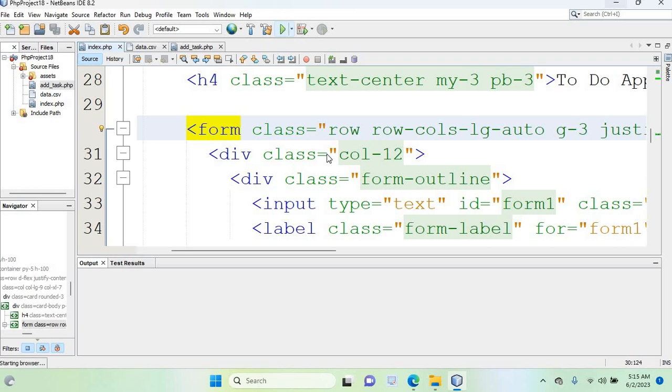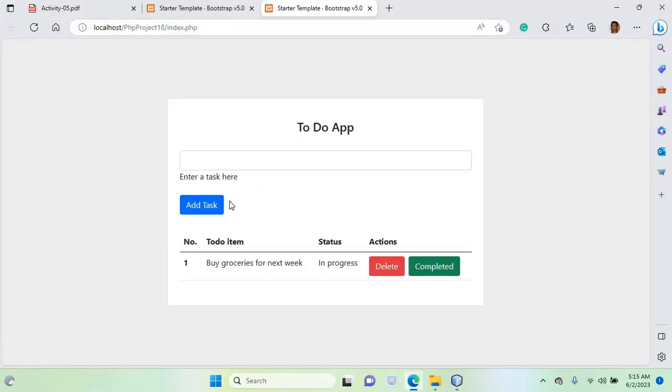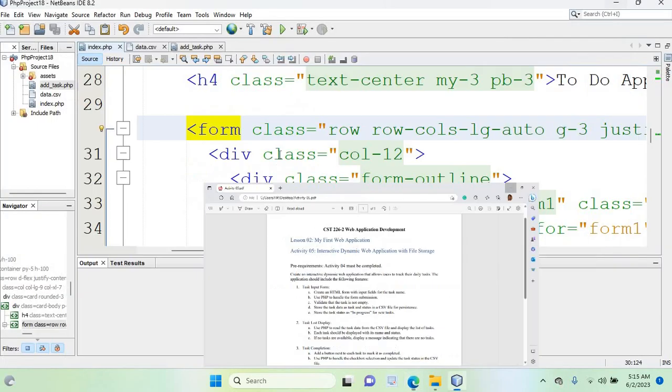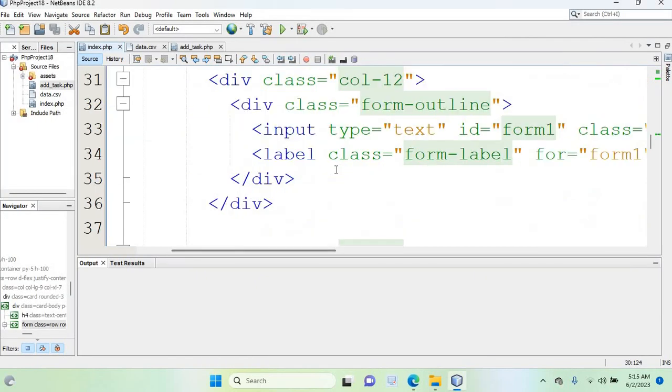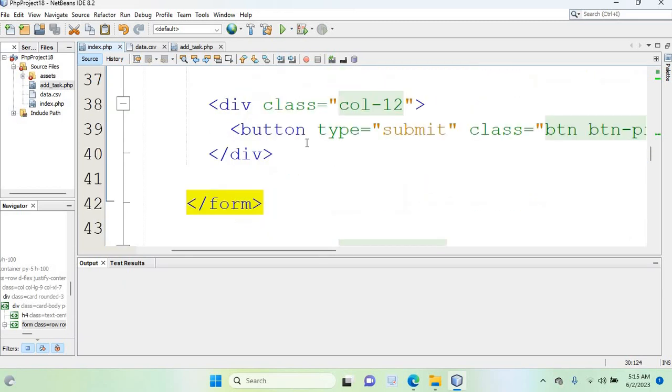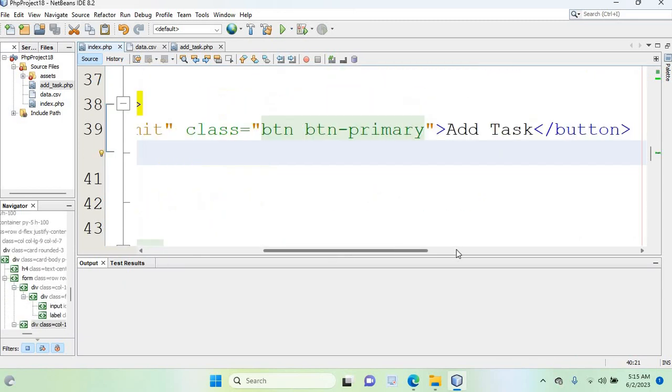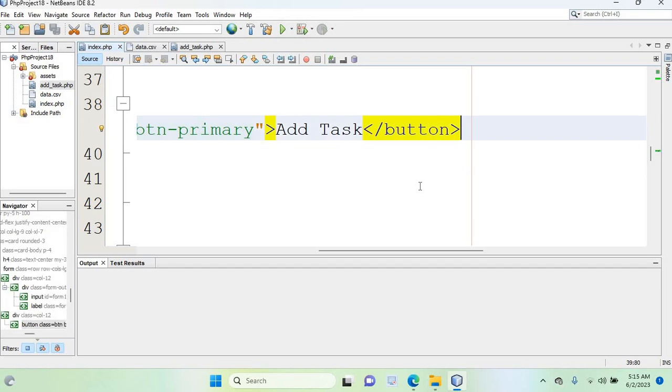If I run this interface now, you can see that we are having some additional space after this add task button. In that space we can display a message to the user. So we will do it like that. I'm going here, where's that button? Okay, so this is the button. So in this case, I'm going to check